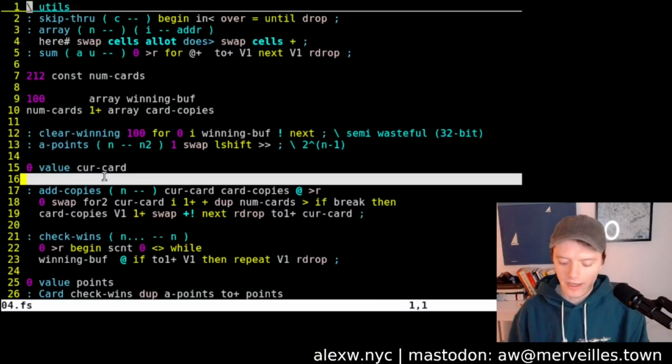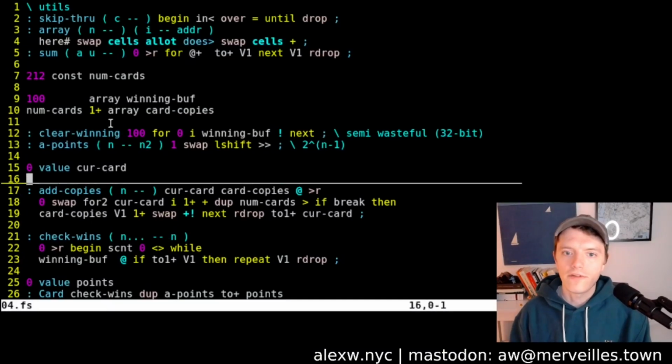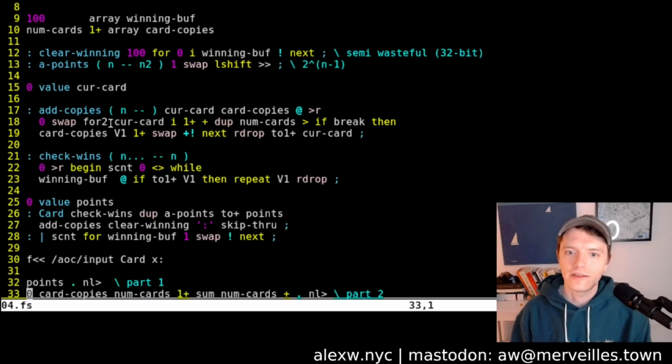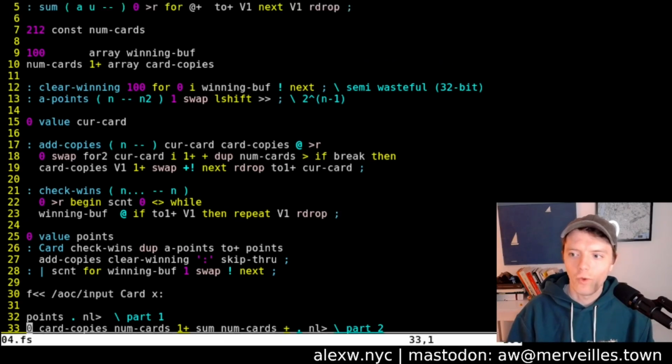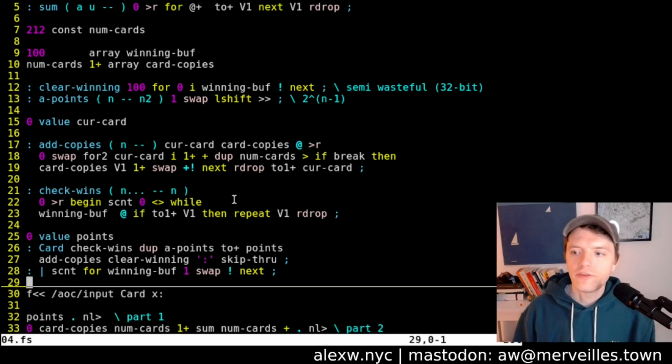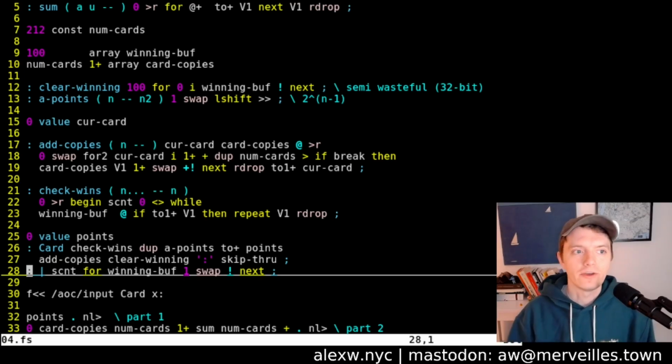But essentially, I tried to do things a little bit differently this time. One of the things is I tried to make the solution a little bit more clear. So I tried to make the words actually match what the problem asks. But this is similar to day 2, where we actually use the Forth interpreter to solve the problem. So if you go back to the